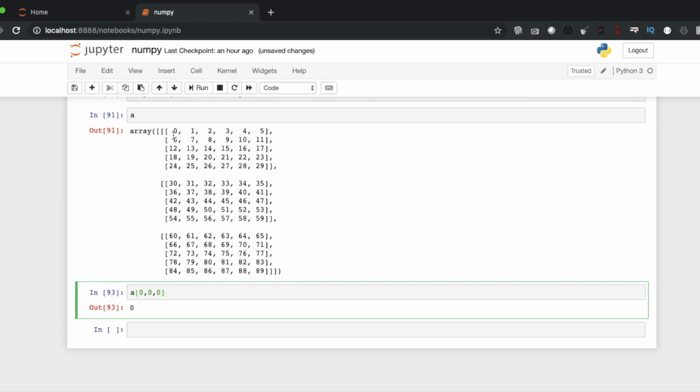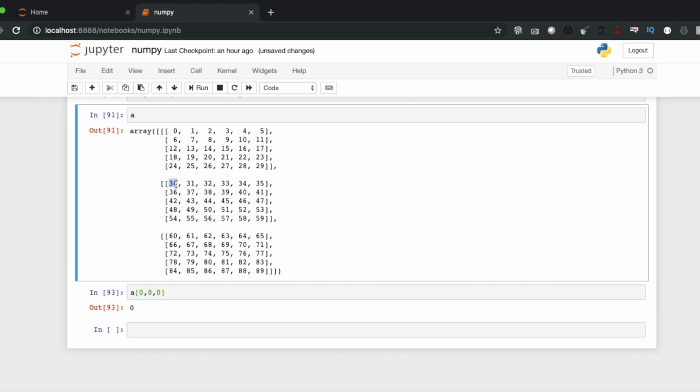Okay, our whole array is a three-dimensional array. So this is one axis, this is row-wise another axis, and this is another axis, the columns. How many arrays are we having? Three, like 1 2 3. So this is 0th, this is first, this is second. So 0 means we are pointing to this array.